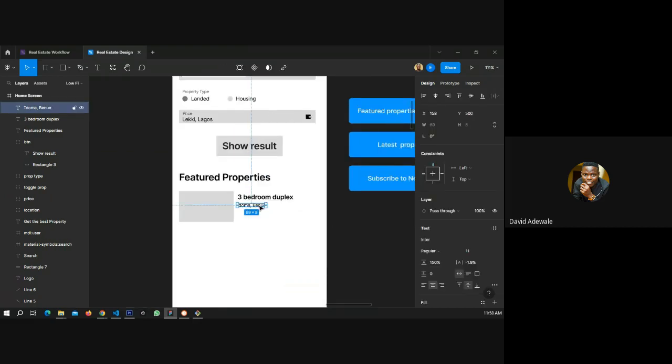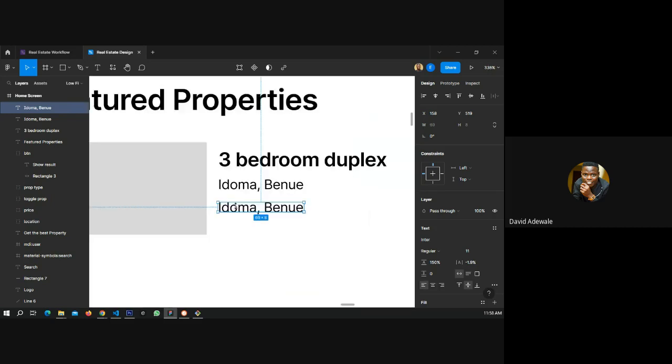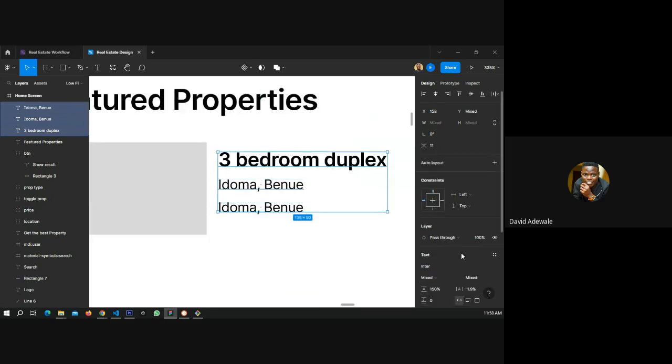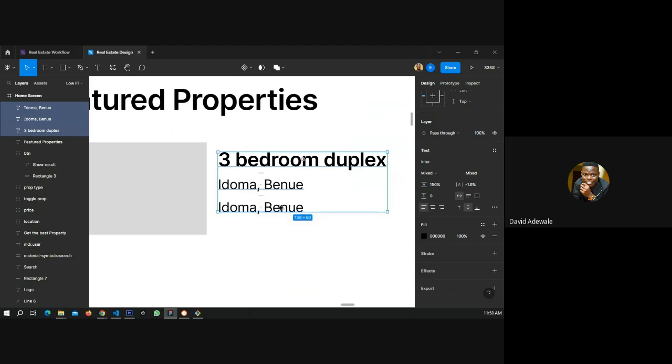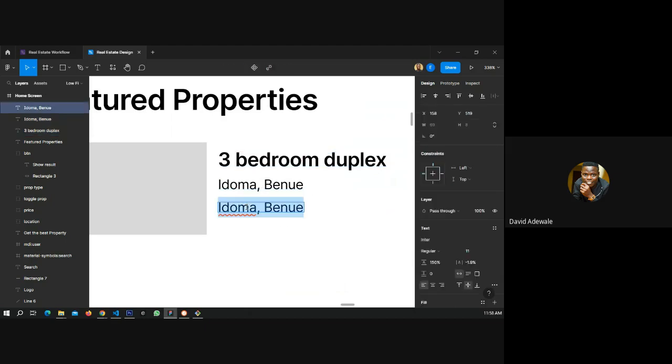Then price. Let me put everything on my line. Price. Houses in Benue State are not that expensive. So let's just call it 2 million naira.